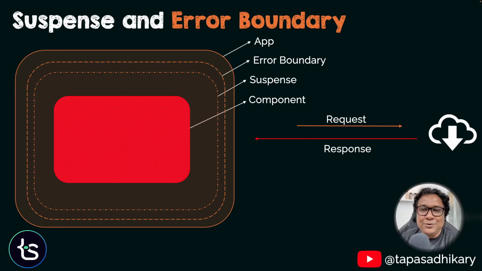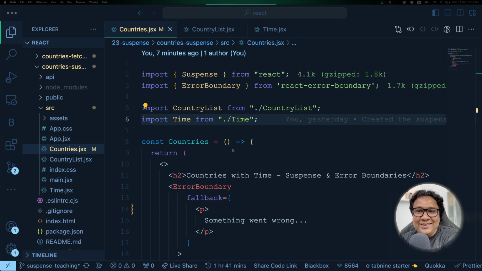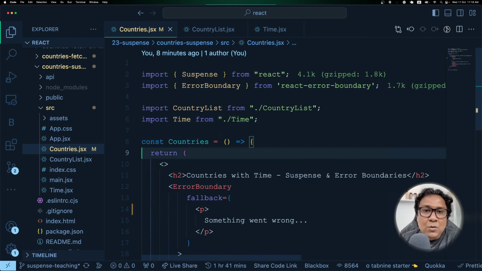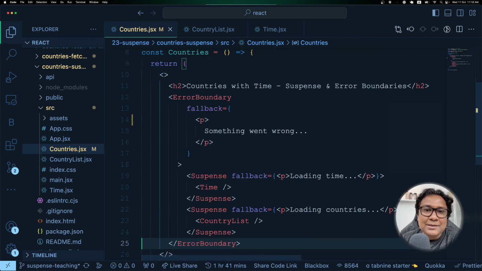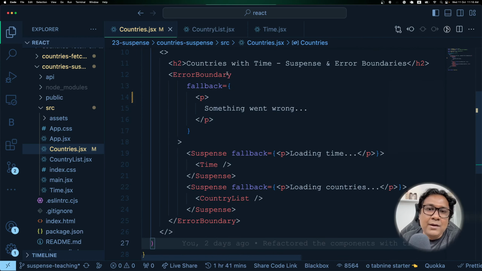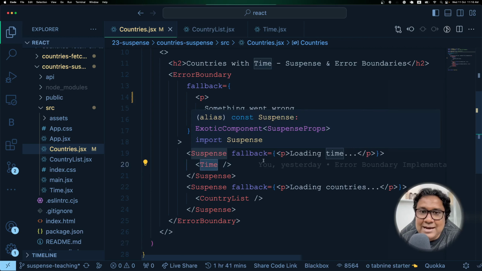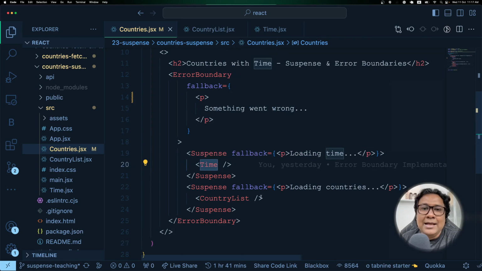It's very simple. I'm going to show you. And this is where we are going to see error boundary. You see at the top of this page, I'm importing something called error boundary from the React error boundary npm package. Either using npm install or yarn add, you can add this dependency and then import error boundary over here. Now, once you're done importing error boundary, the code that you see is exactly the same as the previous code that we have seen, where we have this time component which is making an asynchronous call wrapped by suspense and its fallback loading indicator, and then the same for the country